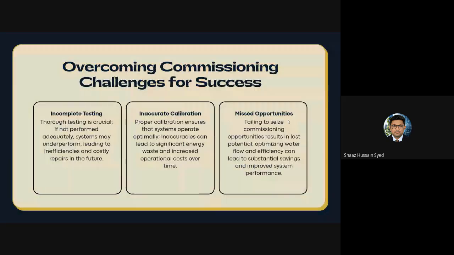And for the next slide, commissioning challenges that we face. These are the biggest causes. For any system to work properly, we have to commission it properly. When we are doing the commissioning, we have to make sure that the system is flushed properly to avoid debris and dirt blocking the coil. Balancing has to be done properly.